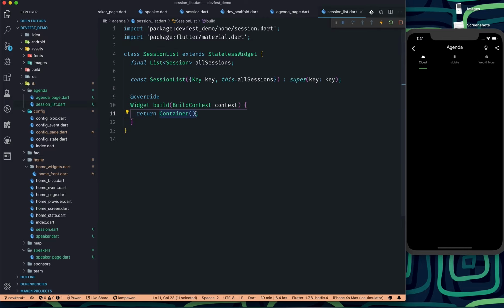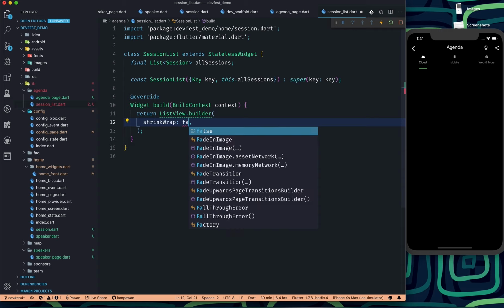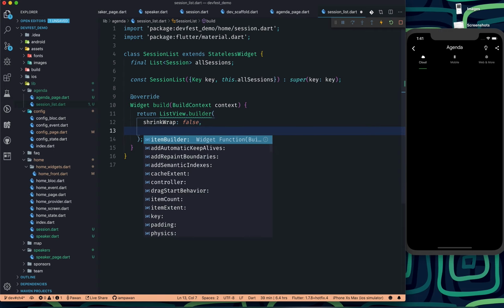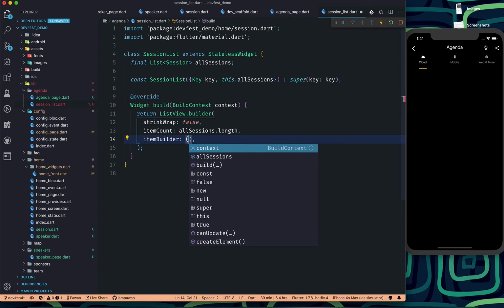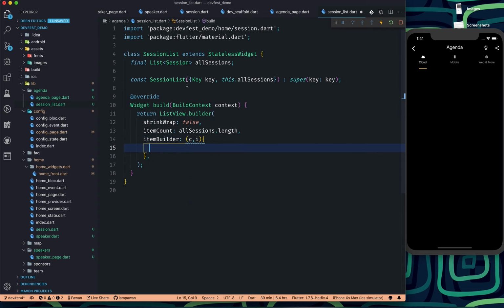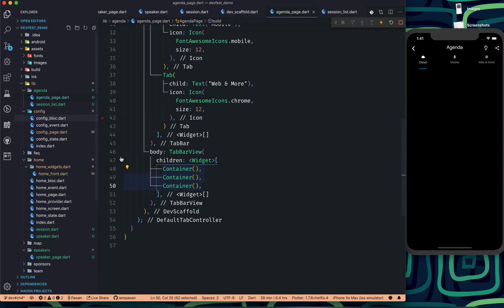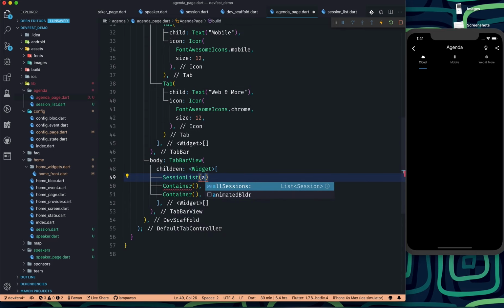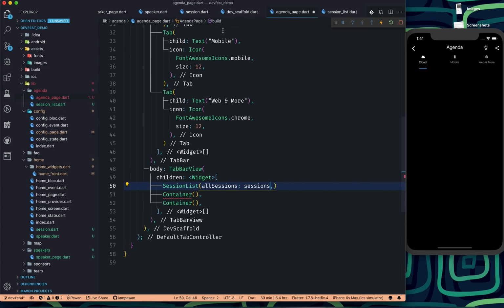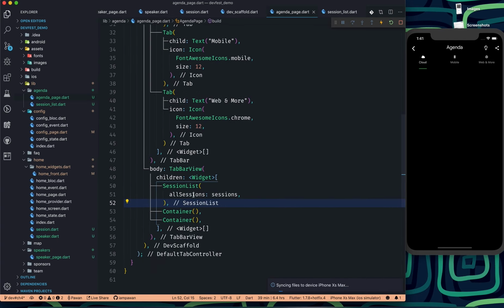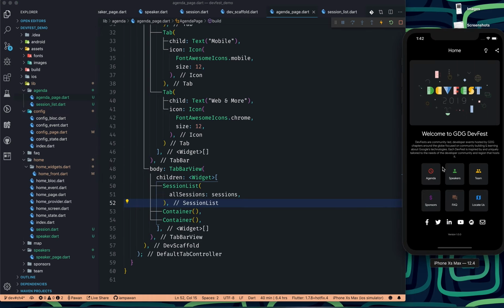And then here in the container we can have a normal ListView.builder. For shrinkWrap, we can just make it false. We don't want to shrink it. For item count, I'm just going to say allSessions.length, and for the item builder I'm just going to say context, index, and that's it. Now I'll go to this agenda page, and I'm going to replace this with my session list. For all sessions, I'm going to pass the sessions from my sessions class, right? So this is fine. Now if I go back and click here,